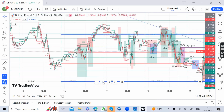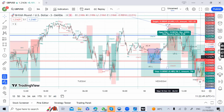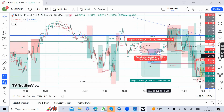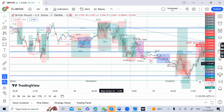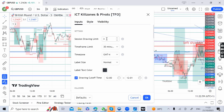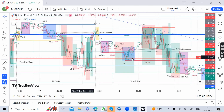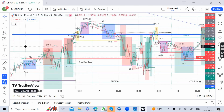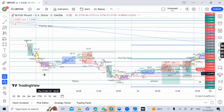we can't see this entry now because it has moved. So what we're going to do is increase the session. Let's increase it to 10 so that we can see more of it. Okay, so it has appeared. So on that day, when we had this trade,